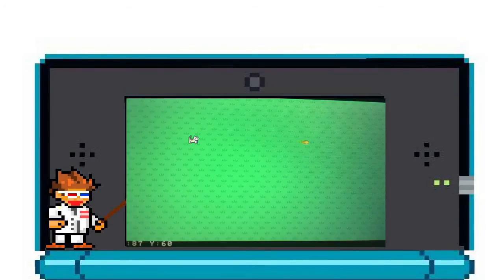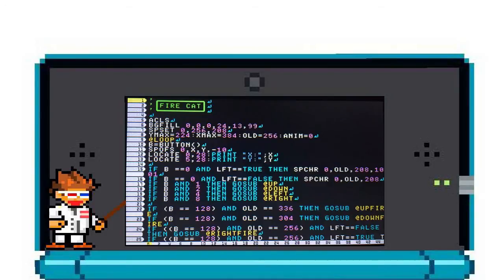In this video, I'm going to take the cat from the walking tutorial and show you how to make it shoot a fireball. The first thing I added was some if statements starting on line 22, saying if the Y button is pressed and the OLD variable is 336, which is the cat facing up, then GOSUB @UPFIRE